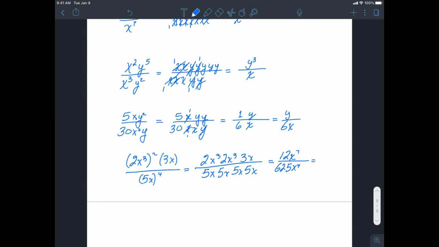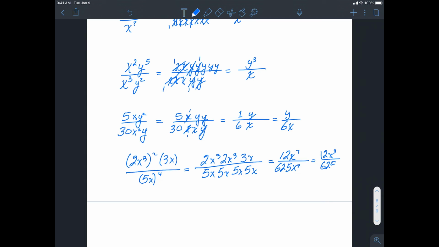And we might be able to see that if we were to expand x to the 7th and x to the 4th, we would divide out 4 factors of x from numerator and denominator, leaving 12 x to the 3rd